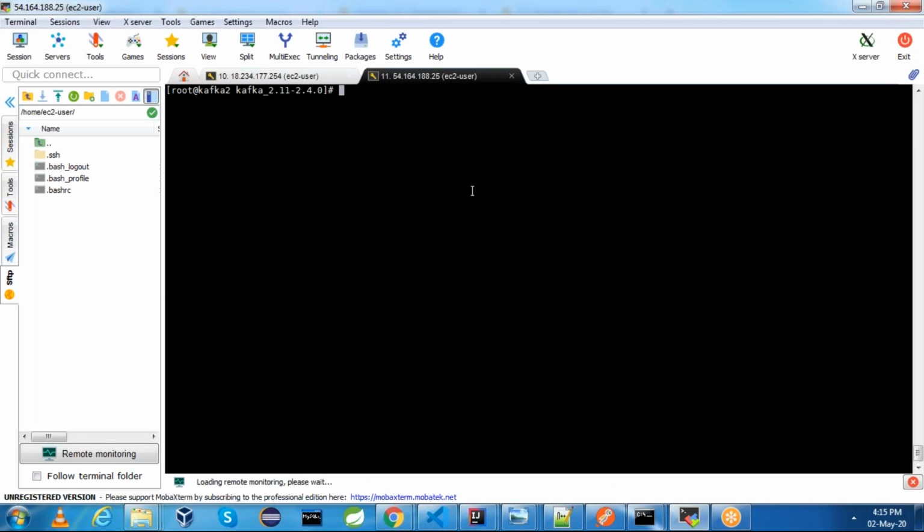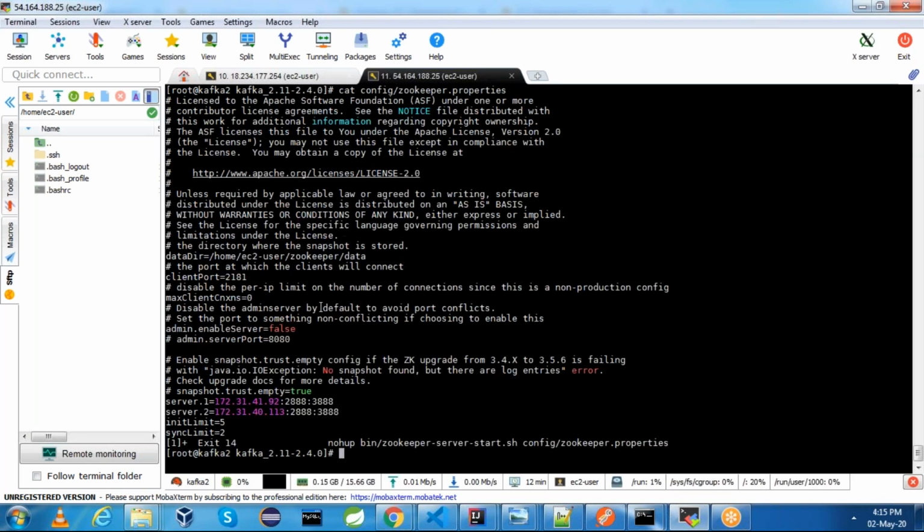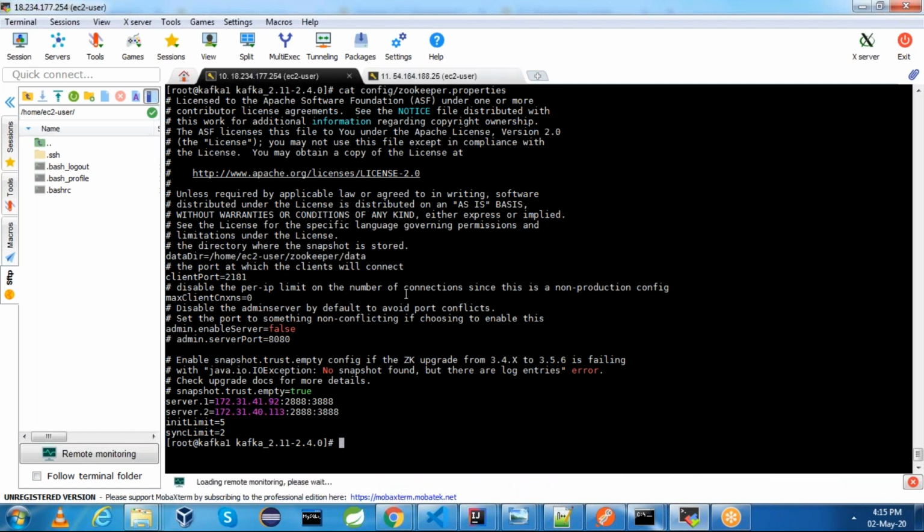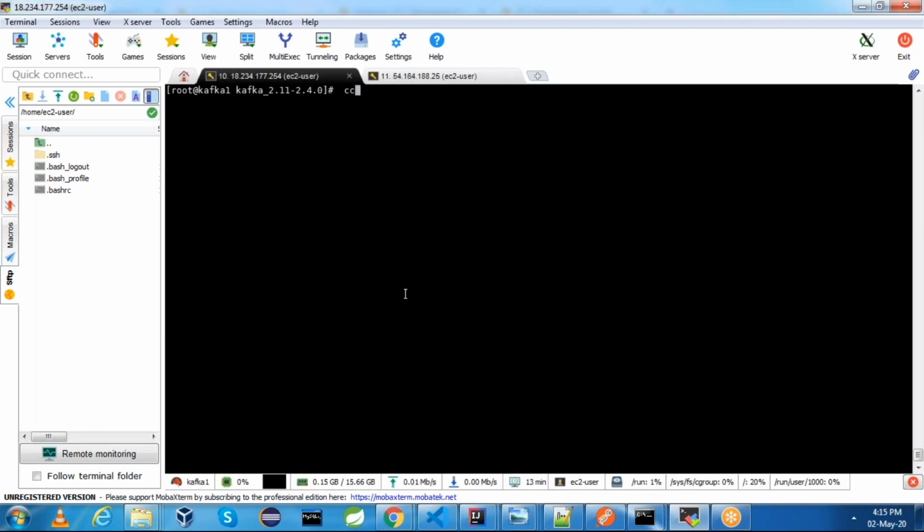Here also we will do the same. cat config/zookeeper.properties. server.1, server.2. And then we'll go to this directory and see the files.